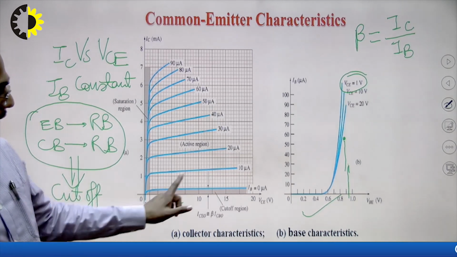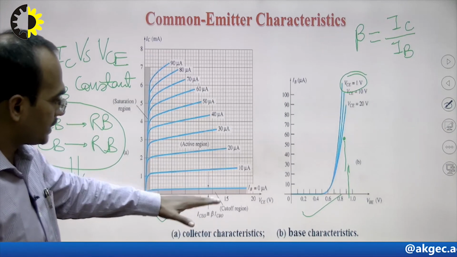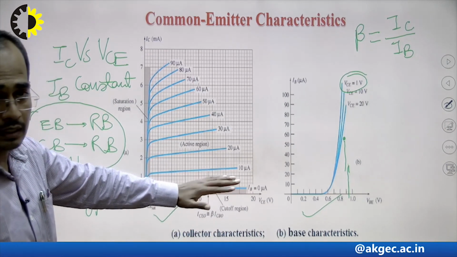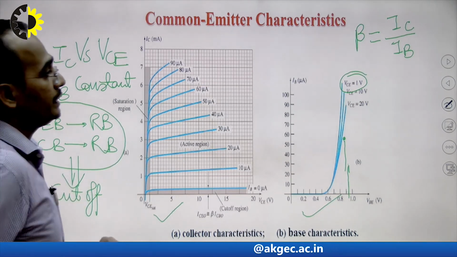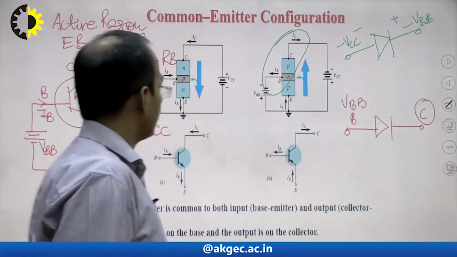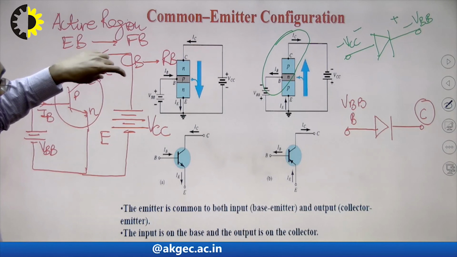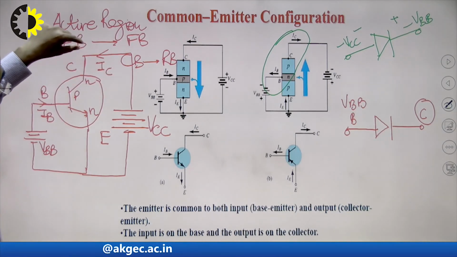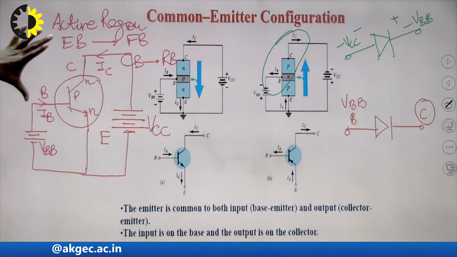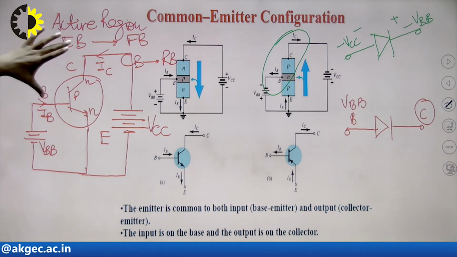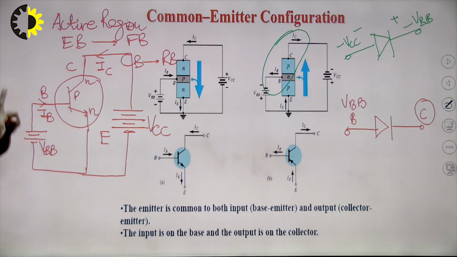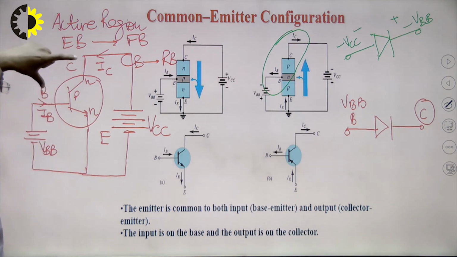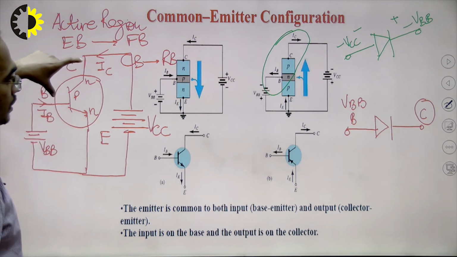So, at Ib equal to 0 microampere, you can say that this transistor is operating in the cut-off region. At a particular value of Vc, from this circuit it is clear that we have applied a sufficient voltage at the collector for making this collector base junction reverse bias. If the collector voltage is less than the base voltage, then this junction will be forward bias.